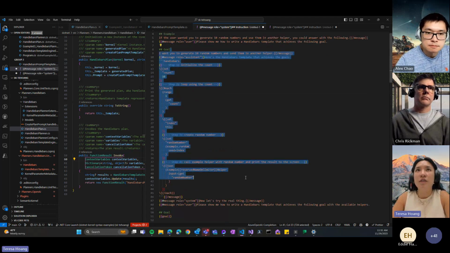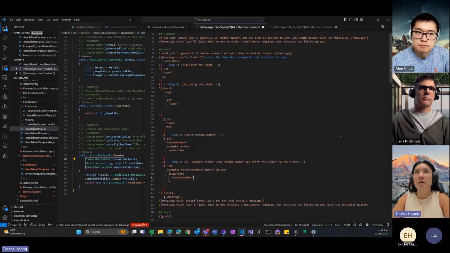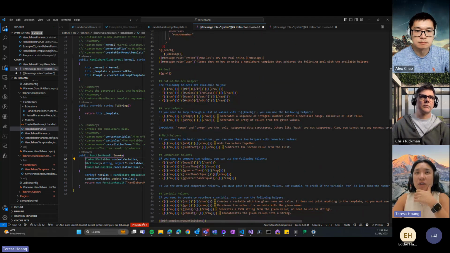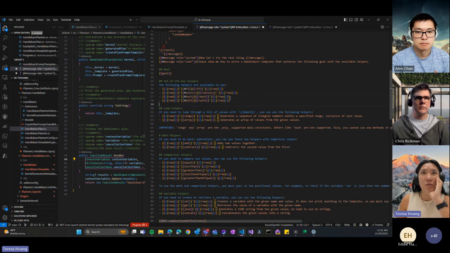So we first start off here with an example of how it is able to syntactically structure the plan and how it can call functions, just to give it a firsthand example. And then here we define all of the different helpers that it's able to use. We start off with the baked-in Handlebars helpers. These helpers are just part of the Handlebars syntax right off the bat. So if, unless, each, those are the conditions and the loops I'm talking about.